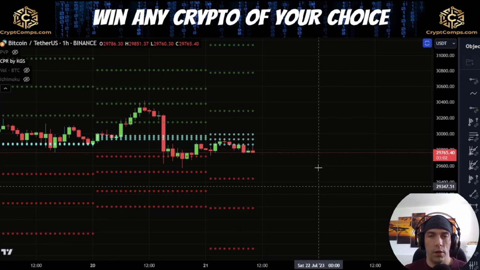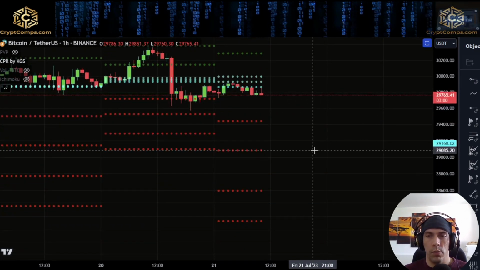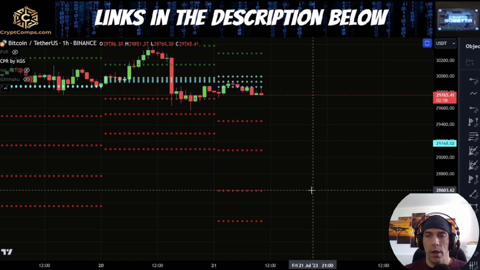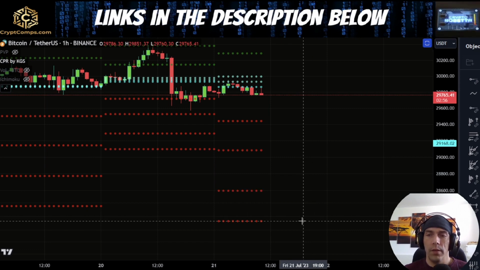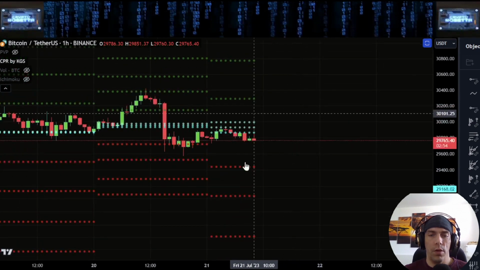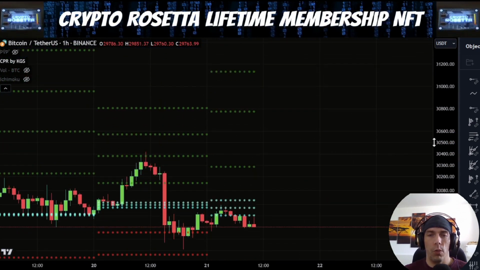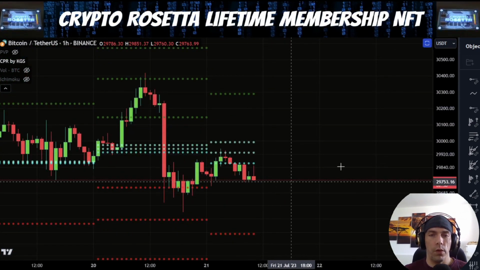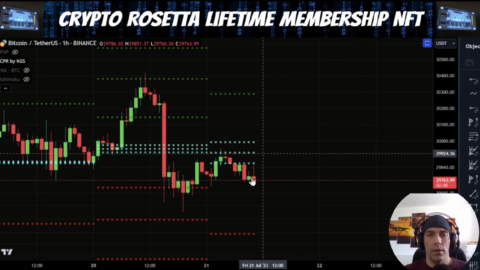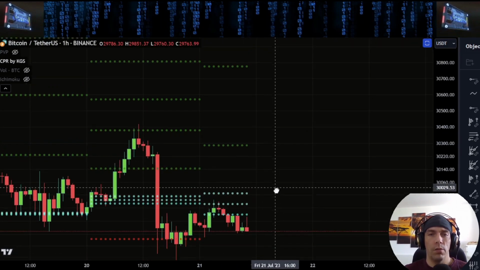Other targets to the downside for today are this 29,085. We have 28,603 and this 28,236. So keeping an eye on these. If we do see price start to fall off here, possibly we could see a move down into some of those levels. Now, if we are looking at this and we get back above these lines, what we could potentially see is price could look to move up towards this